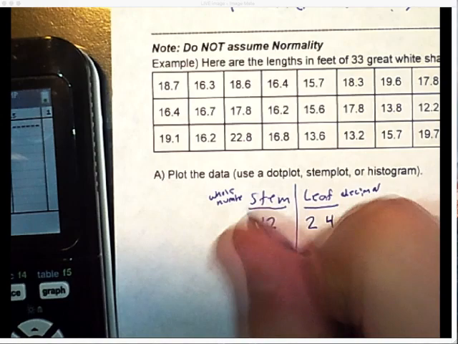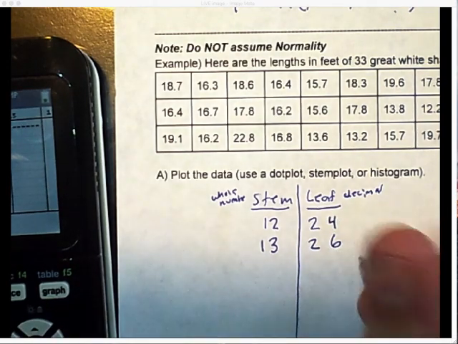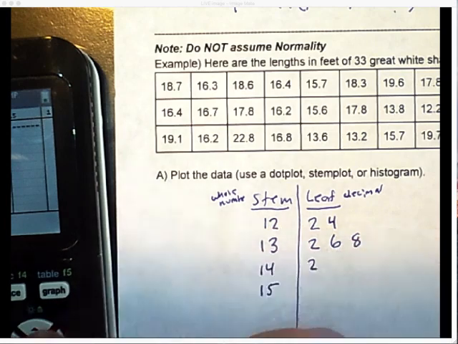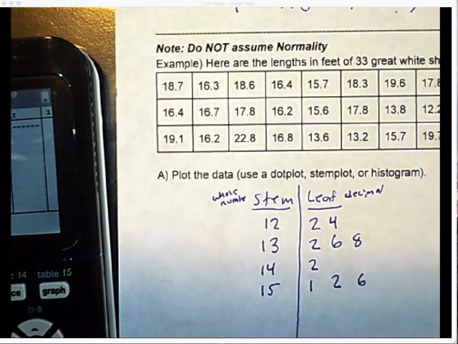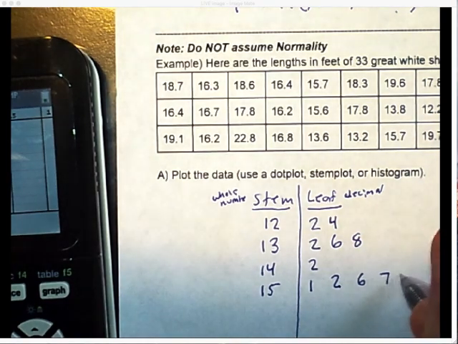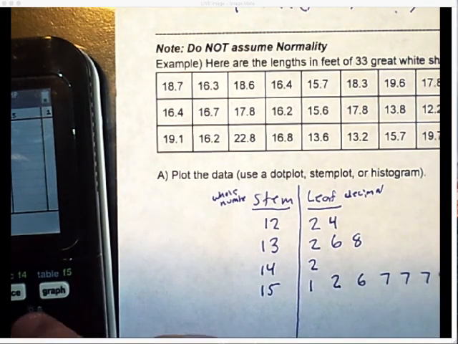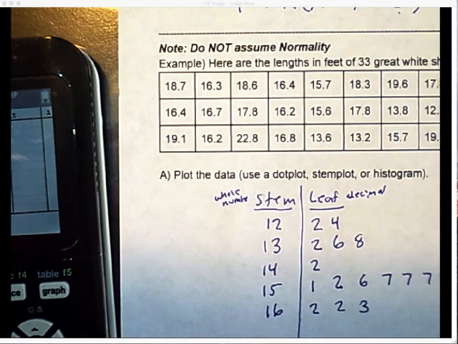Right. And then I have 13.2, 13.6, 13.8. Then I have 14.2. I have 15.1, 15.2, 15.6, 3 15.7s, 1 15.9, I have 2 16.2s, I have 1 16.3, 2 16.4s, 1 16.7, I have 2 16.8s,